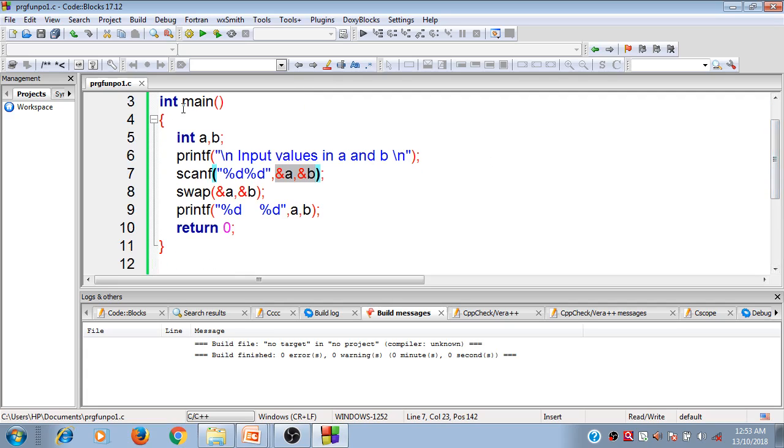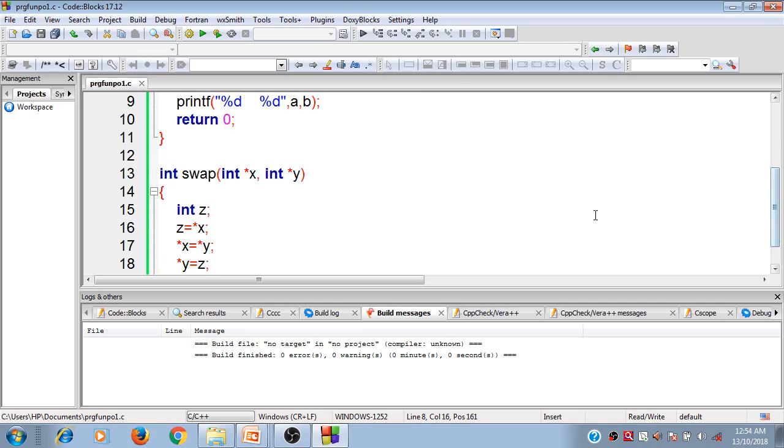When the main function calls this swap function, the arguments a and b are going to pass the addresses of a and b. So the addresses of a and b are going to pass to the pointer variables x and y.